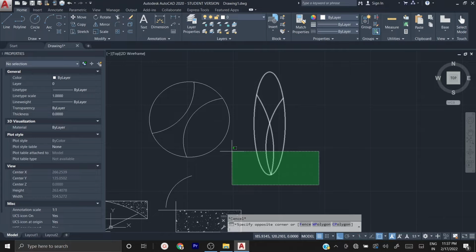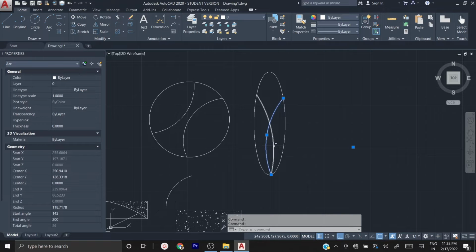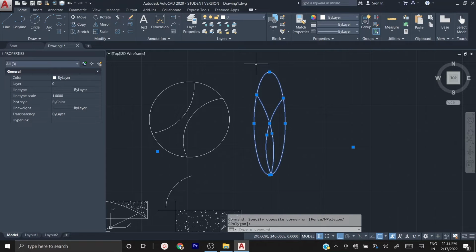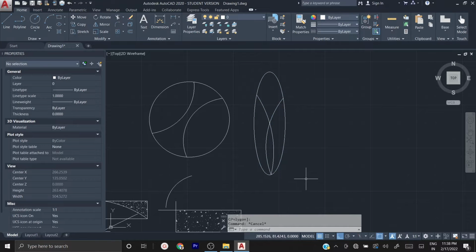See, I have three objects here. One is this arc, the second is this arc, and the third is this oval. For selecting all three, if I click like this with the green box, bottom right to top left, now all three, the two arcs and the oval, have a small portion inside the box.